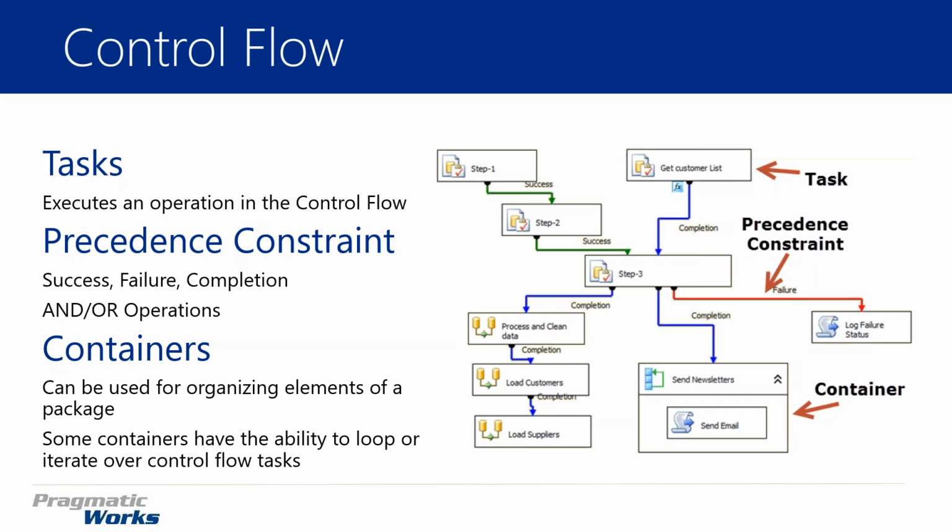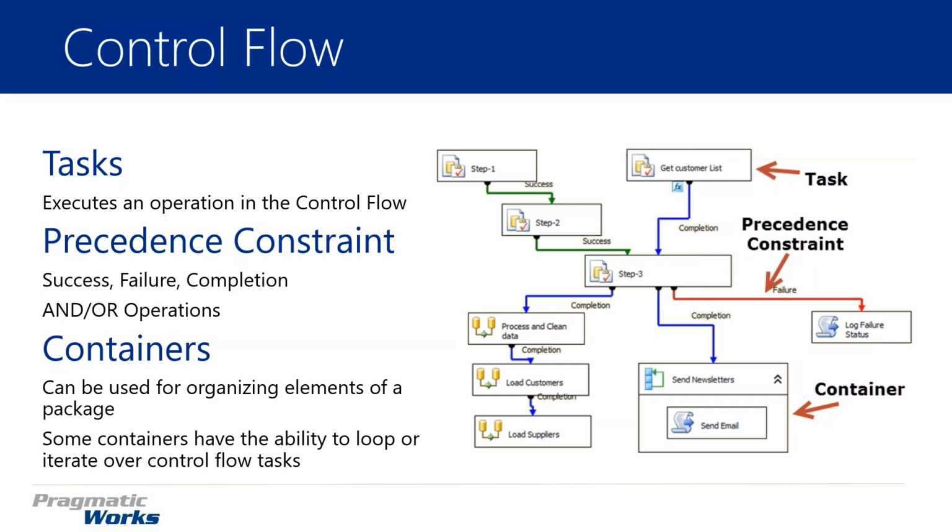The final component within the control flow, let's quickly go through this. So we can see over here, I have step 1, get customer list. And then when I get the customer list, when it completes, regardless of how it completes, it goes on to this step. And then step 1 has to succeed to go to step 2, which has to succeed to go to step 3. And then it goes through. If there's any errors, it logs them. But other than that, it completes them and sends out this email, or it goes through these 3 data flow